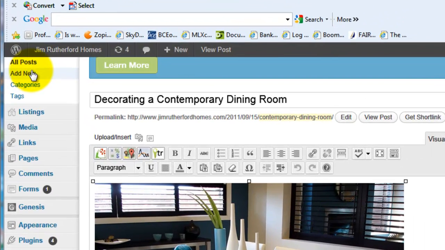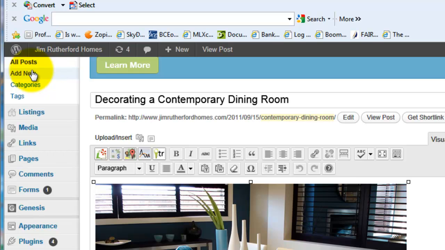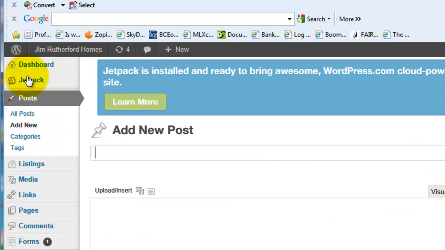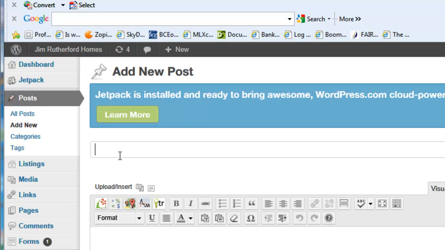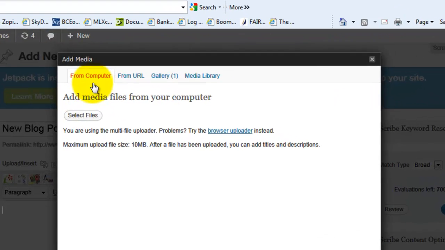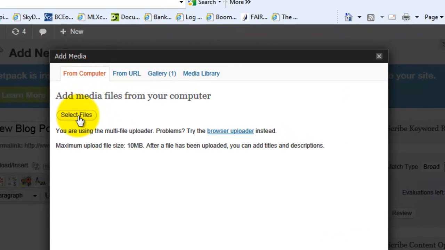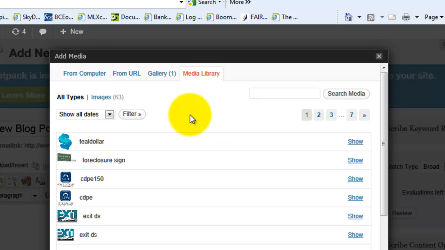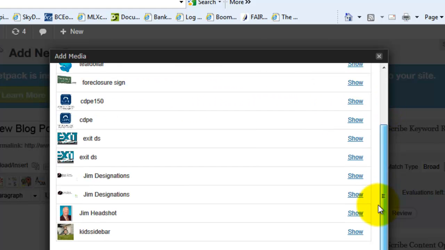So post, add new. Click right here. This is where you would enter the name. And then you have a couple options from your computer. You can click select files and grab something off your desktop. I wouldn't mess with this one. I'll get into that later. Galleries, if you already have a bunch of images loaded on that page. Media libraries, what I'm going to use, I'm just going to grab a picture that I've already used somewhere else